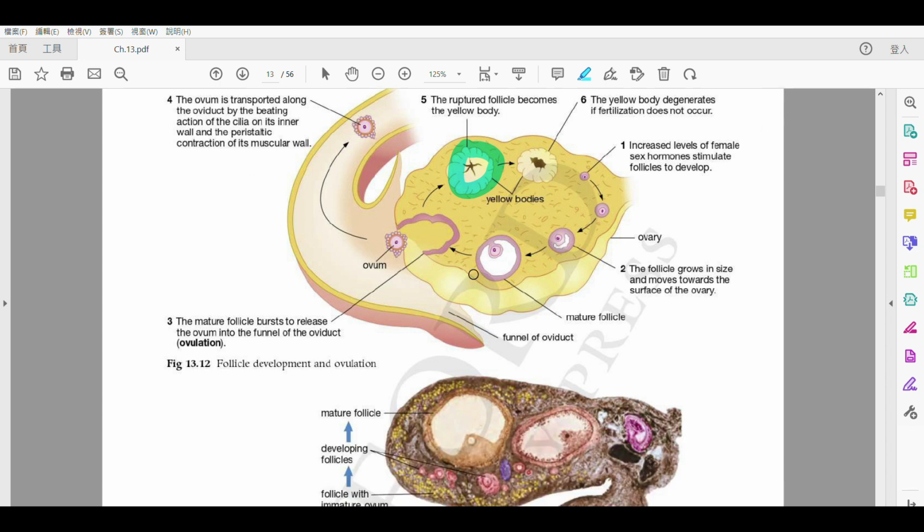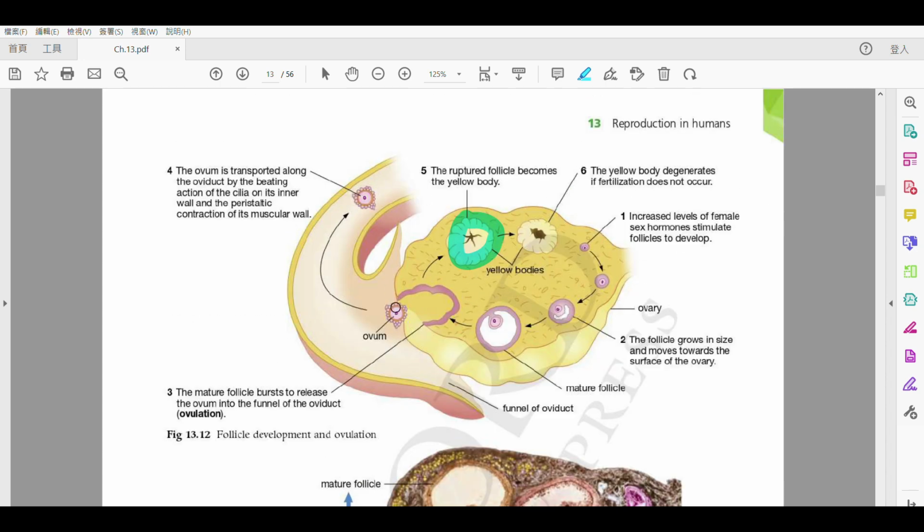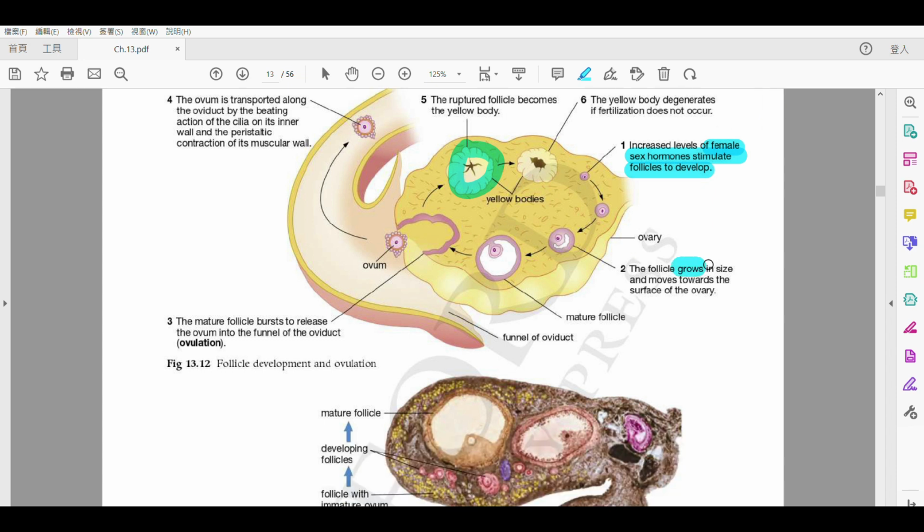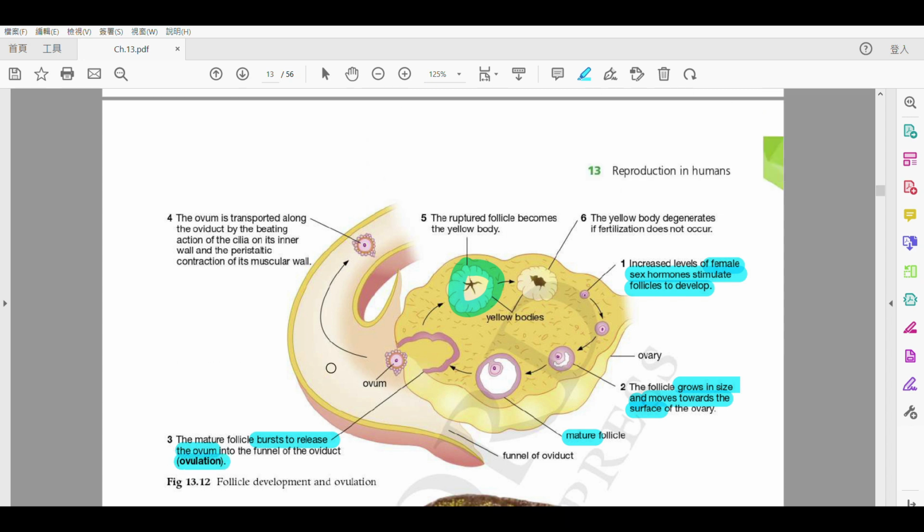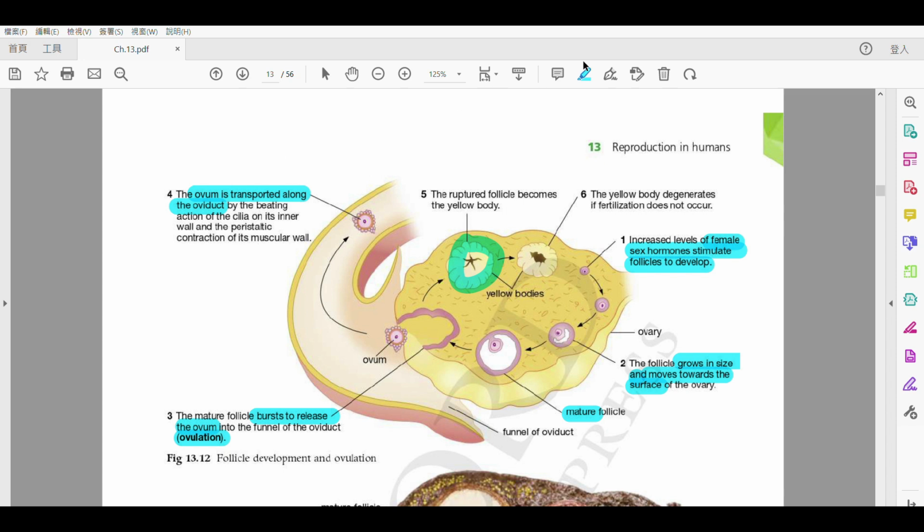Okay, so this is the last page, and this part I'm going to just go through this very quickly. 第一樣嘢啦，OK, so this is about the production of ovum, right? 第一樣嘢啦，我哋會知道，OK 有一個 more 嘅 female sex hormone 啦，就 stimulate 咗 follicle 去 develop 啦，several follicles 啦。然後啦，佢會慢慢 when it develops so grow in size 啊，而 move towards the surface 啦，就行去側邊少少啦。然後 when it become fully mature，當佢 mature 咗嗰陣時，it will burst，然後就 release your ovum 啦。呢一個過程，this process we call it the ovulation。